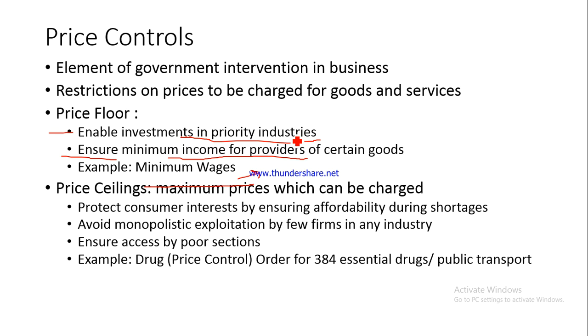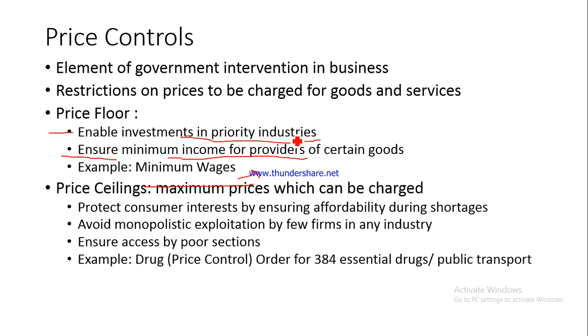Now please understand, price ceiling is an obligation for the seller. Why? Because he cannot charge beyond the price ceiling, beyond the maximum amount set as the price ceiling, while the price floor was an obligation for the customer, because in the case of price floors, the customers could not have paid less than the price floors, right? So please understand that while the price floors are an obligation for the customer, he cannot pay less than that. He cannot pay less than the price floor.